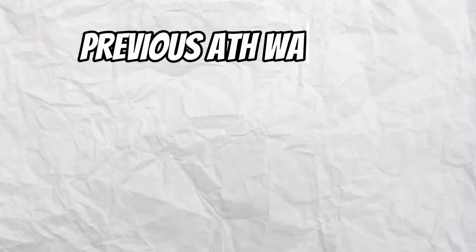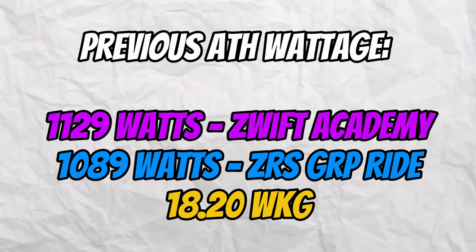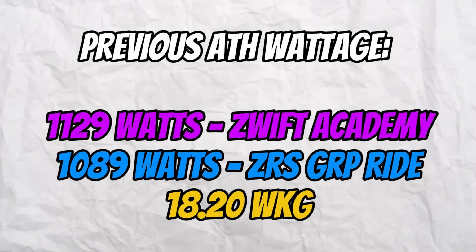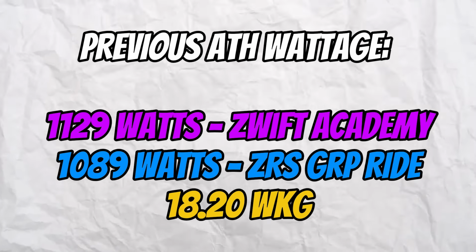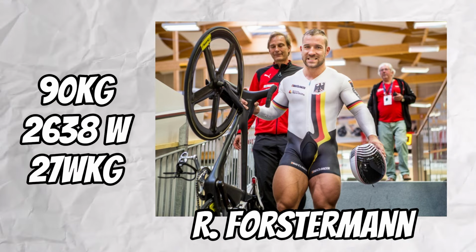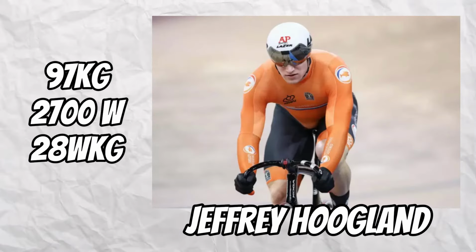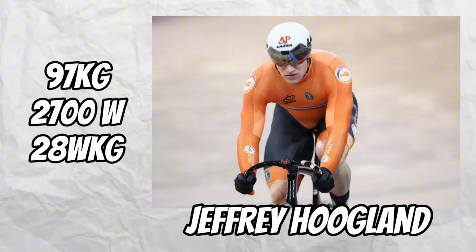My previous all-time wattage was 1129, done on the Zwift Academy, and 1089, done on a Zwift group ride with a final sprint, 18.20 watt per kilo. To put this in context, the strongest riders in the world can achieve 27 watt per kilo, Robert Förstemann,